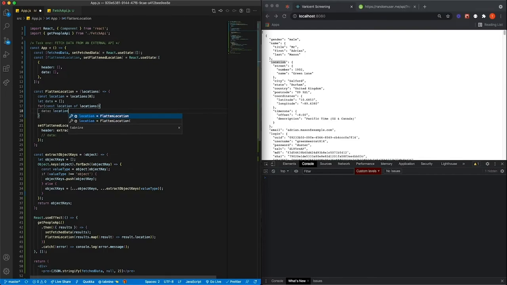Okay. But we need to destructure what we know. This is where we now have to unpick that data. Why don't we just destructure this thing here? What do we have in location? We have streets, right? We have city, we have states, we have country. This suggestion is Tabnine helping me out here. So we have country, we have post code,